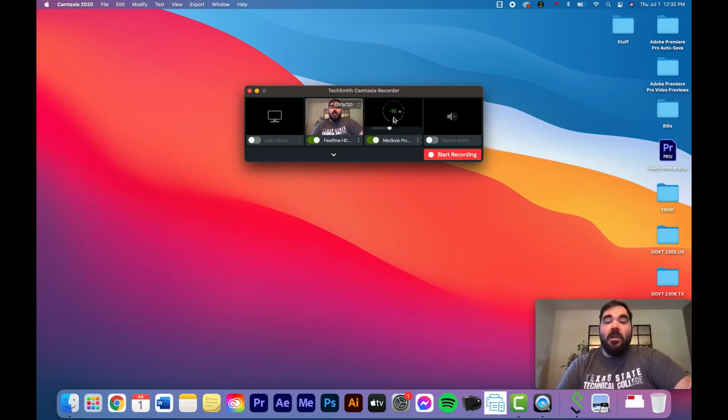This is going to be your microphone, your audio, for your voice. And this last one is going to be your computer audio. So if you're recording your screen and you want to show a video or play some music or anything that has an audio component, you might want to turn on system audio as well so that it records that audio through the computer. So once you have what you want to record set, then you're just going to hit start